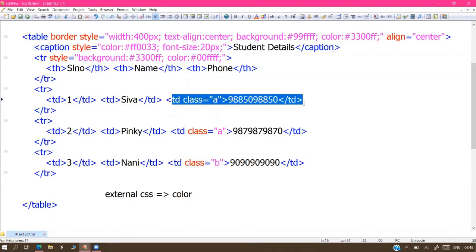Sir, you put the TD tag in the div tag. After that, we can apply the color. Placing the TD tag in the div tag is not the right thing, sir. TD is not a separate tag, it's a part of the table. If it is possible, the total table we place inside the div tag, not only one single data. It's a very, very wrong way of coding. Okay, fine. It's not better to place the TD tag inside the div tag.